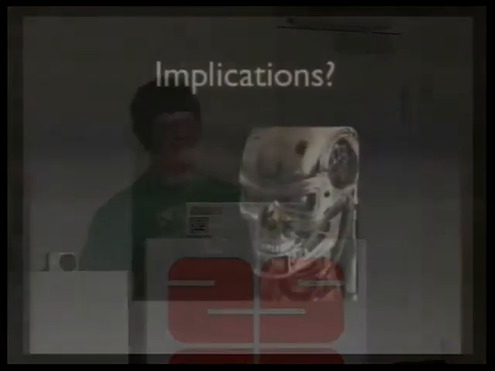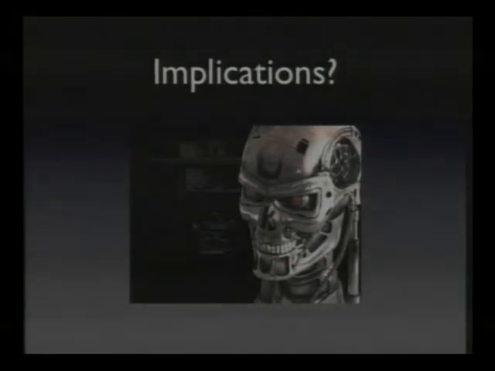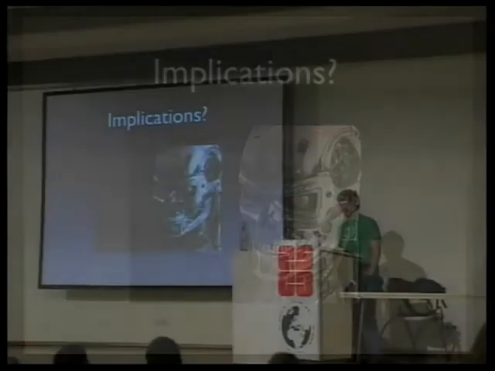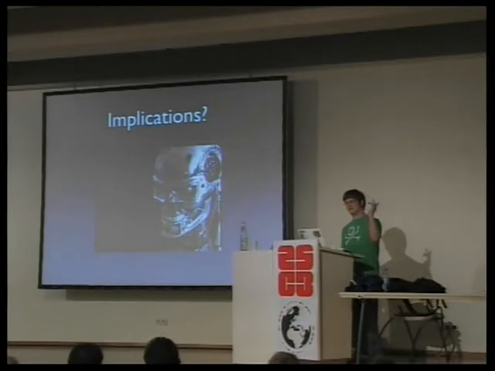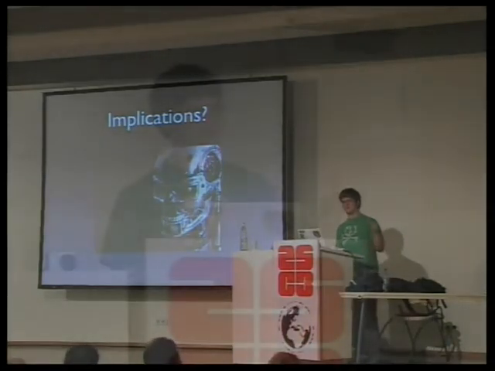So what are the implications of this? Well, first of all, robots are going to take over the world. It's just going to happen. I mean, they're just so cool, and there's so many obvious benefits that it's inevitable. But the thing is that it's up to us to ensure that it happens in a good way.